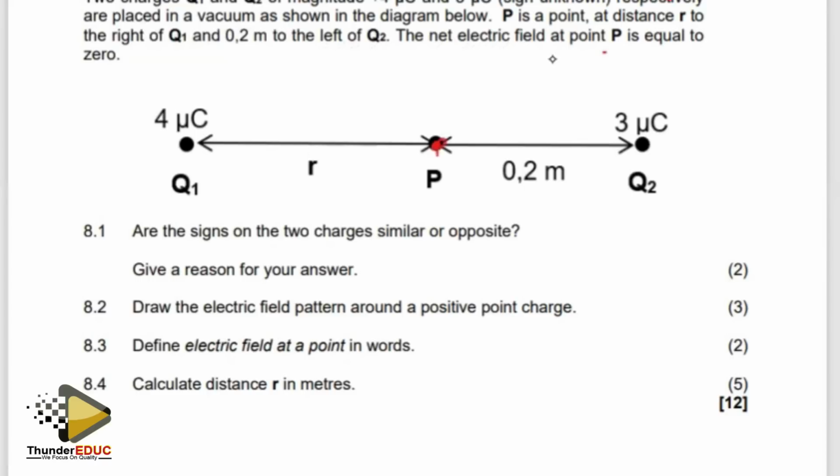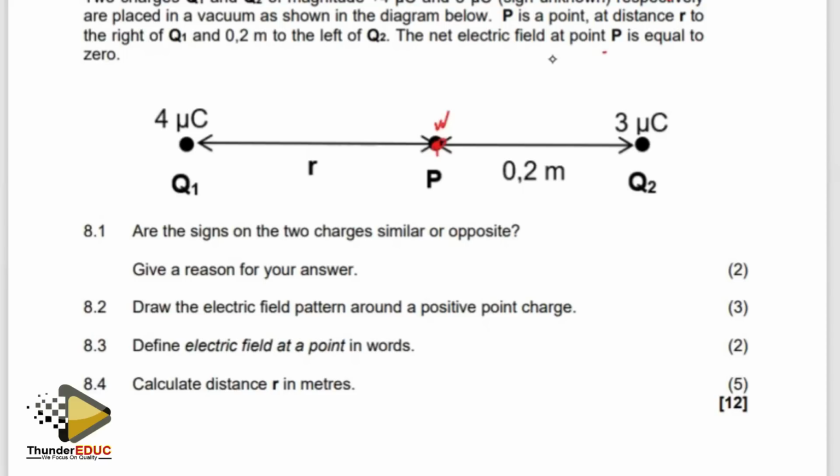Then 8.1, they're asking us, are the signs on the two charges similar or opposite? Now, for as long as the net is 0,